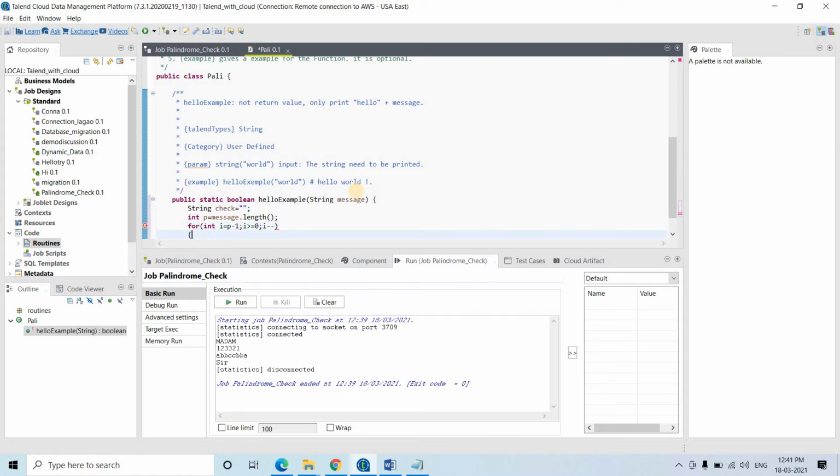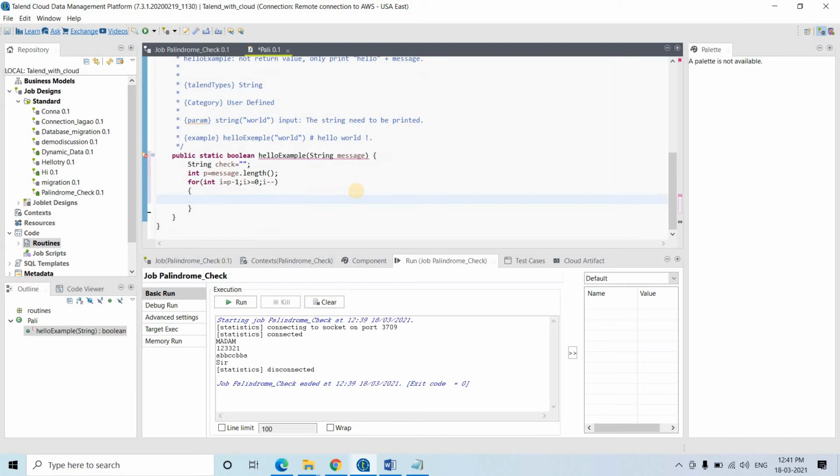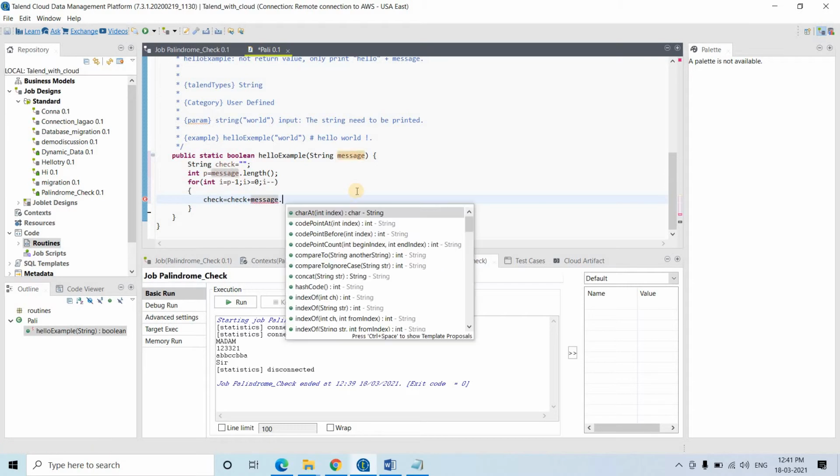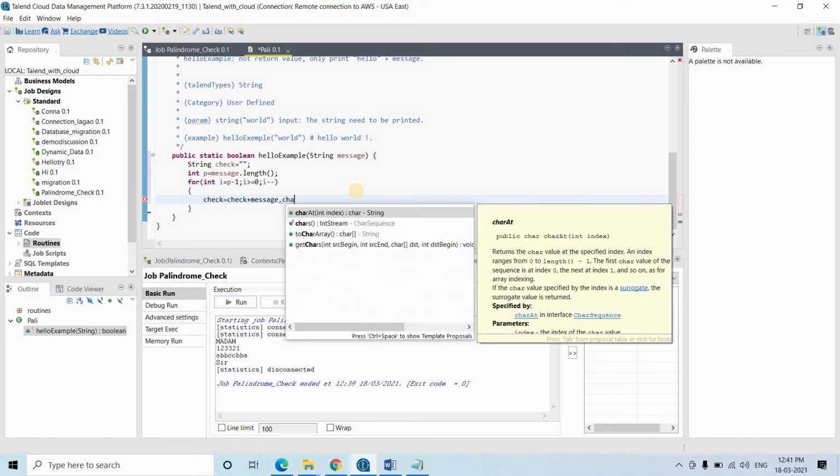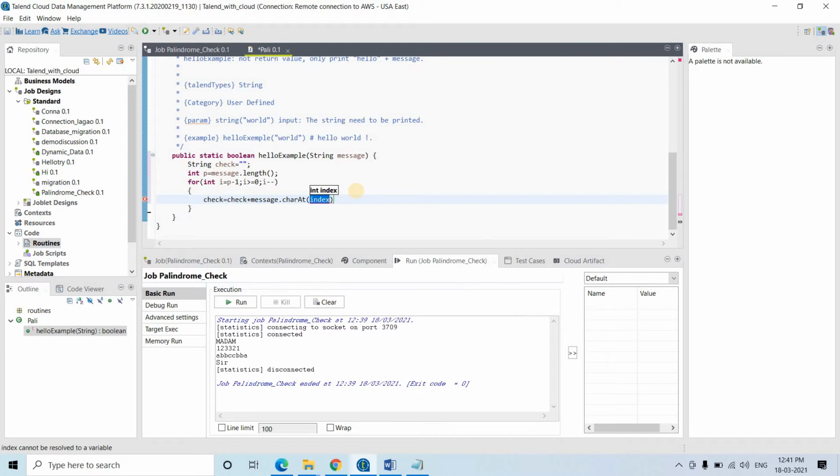Each time we'll be appending the data to our check: check equal to check plus message.charAt(i). I hope you can understand what I am doing. From the backside I am iterating.